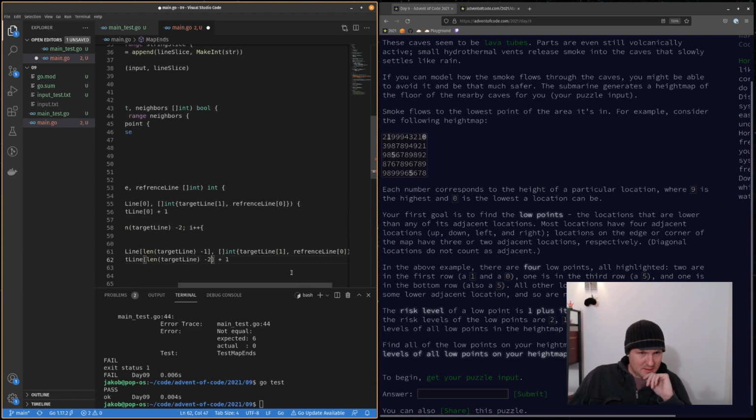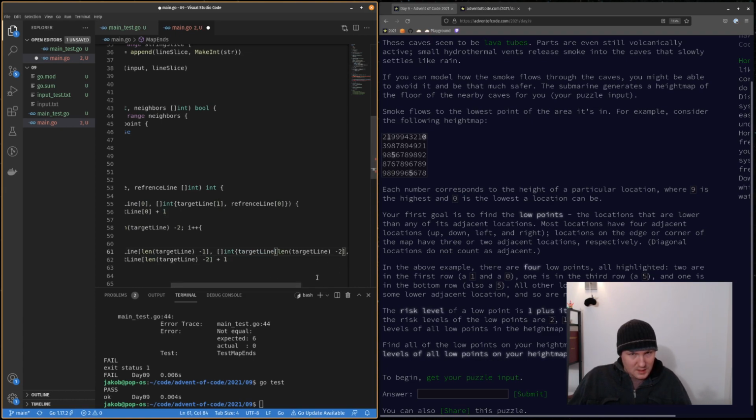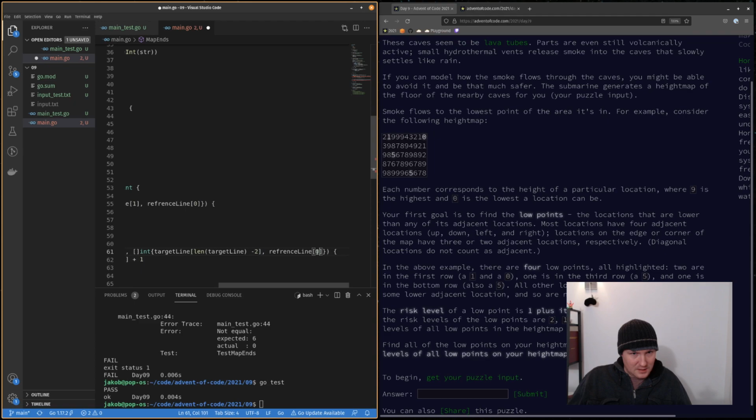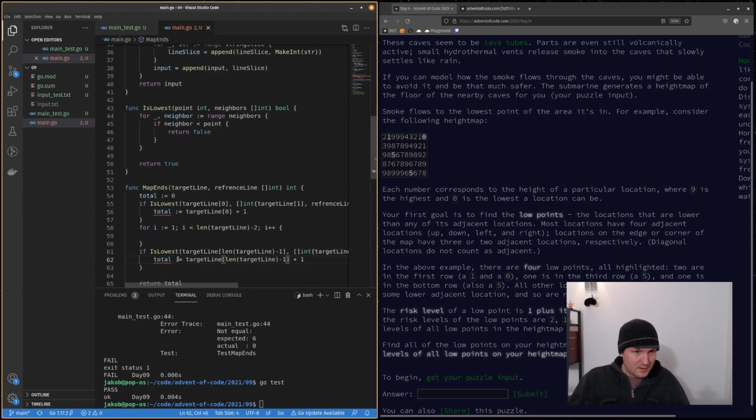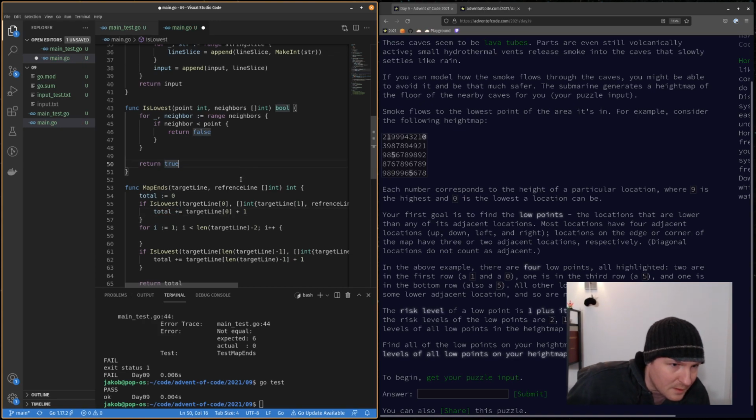And what we're going to pass into it is target line -2, right? So the second to last one, and a reference line, target line -1. We're going to return. Okay. We gotta get rid of these. Should be plus equals. All right. So now we've dealt with the top and the last and the first index, and now we need